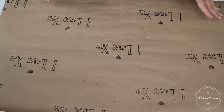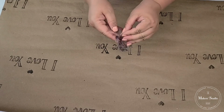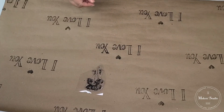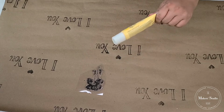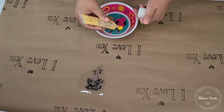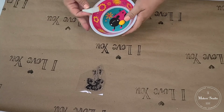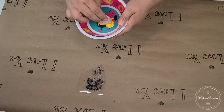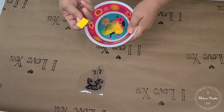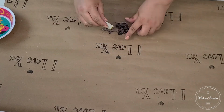So this one that's pretty dry, but we don't need it to be fully dry. We're gonna move on to the next stamp, and it's gonna be this beautiful flower one. So we're gonna move the back just like we did. I think I'm gonna do the yellow one. I think that'd be very bright and pretty. So I'm gonna put some more here. I'm gonna take a clean sponge. And once again, just wanna dab it. And then, you know, you don't need a lot on the sponge. And then I'm just going to